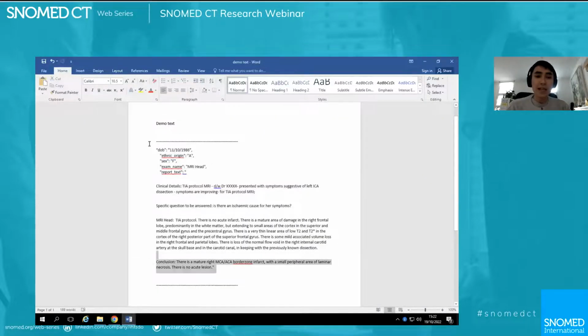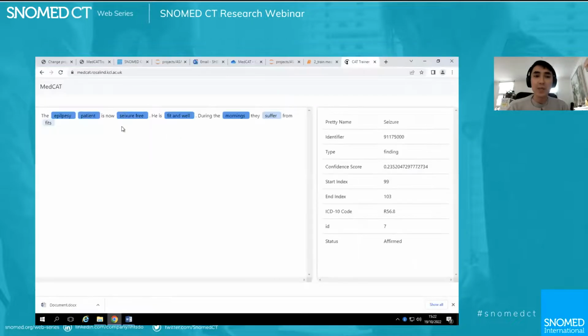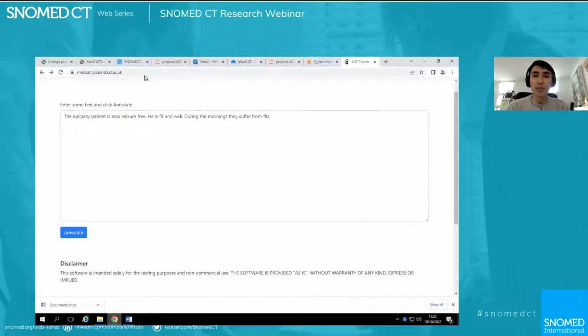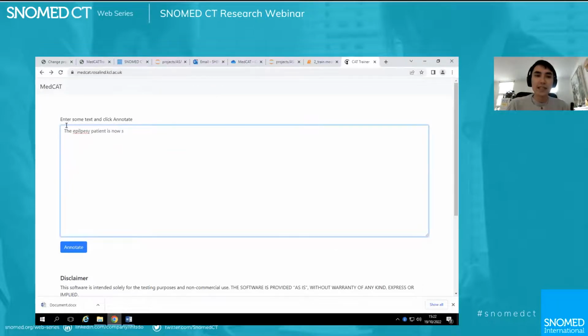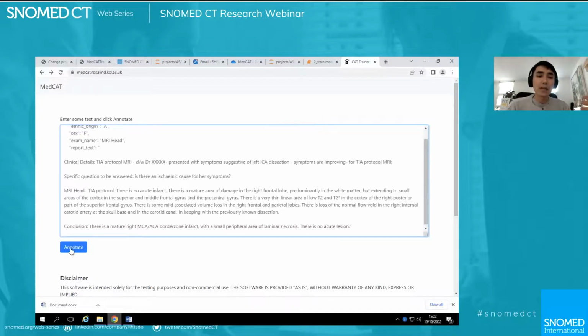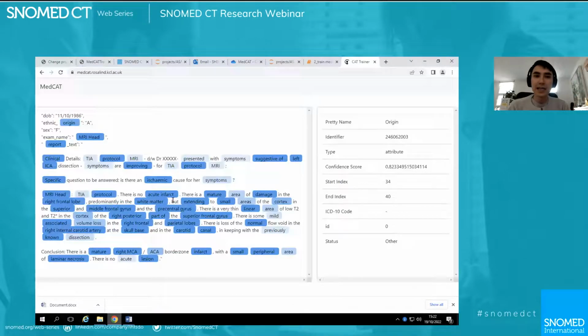And as one plays around with it, feel free to enter any bits of text. I've got an example here of a radiological report, and you can obviously enter and just play around and see how well this base model works. And yeah, just a bit of a caveat, this is a base model, and this is not for production use, irrespective of how good it looks as well. Just to essentially demonstrate its capability.